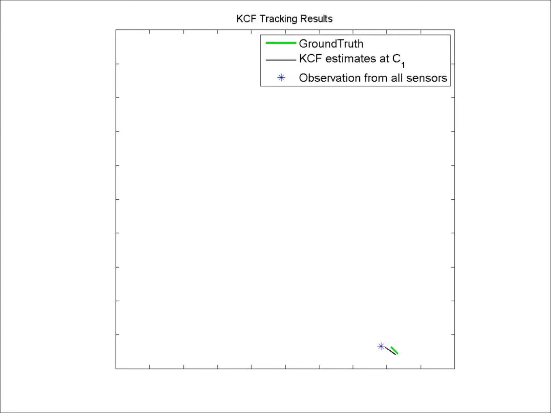Here, we will see the tracking results of a consensus-based distributed tracking scheme, known as the Kalman consensus filter, or KCF. KCF was originally designed under the assumption that each sensor can directly observe the target. However, when this assumption is not met, the performance of KCF may deteriorate. This is apparent in the simulation result.